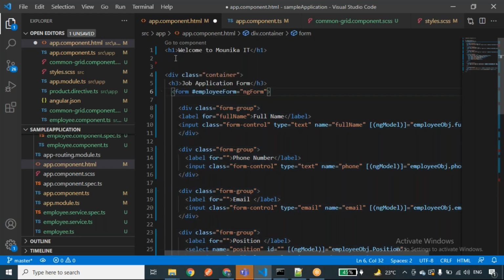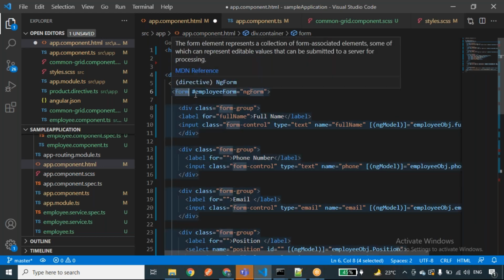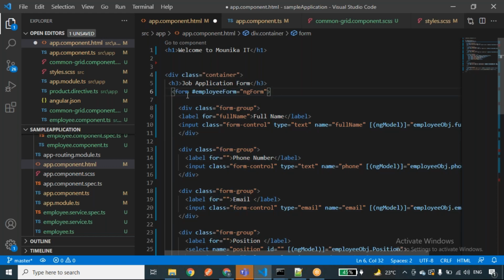The form is one template element, and I want to access all the form data, so I'll use this hash employeeForm. We can consider it as one variable, and to that variable I am assigning the ngForm directive.